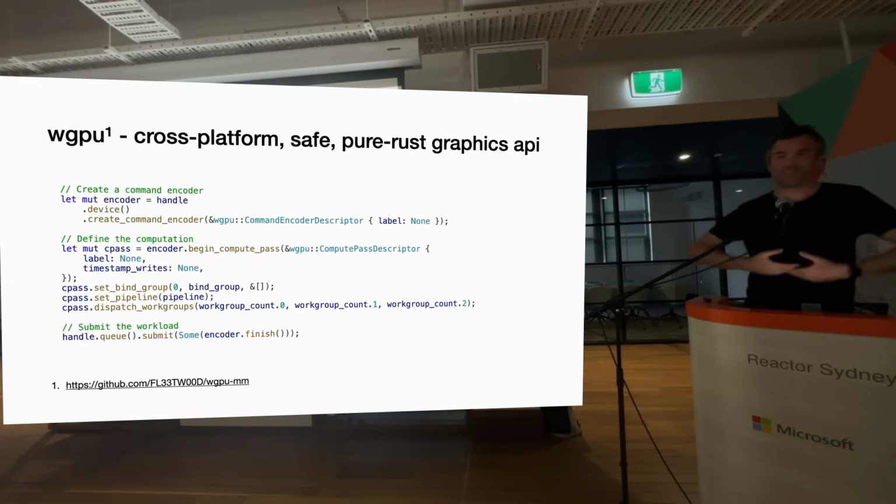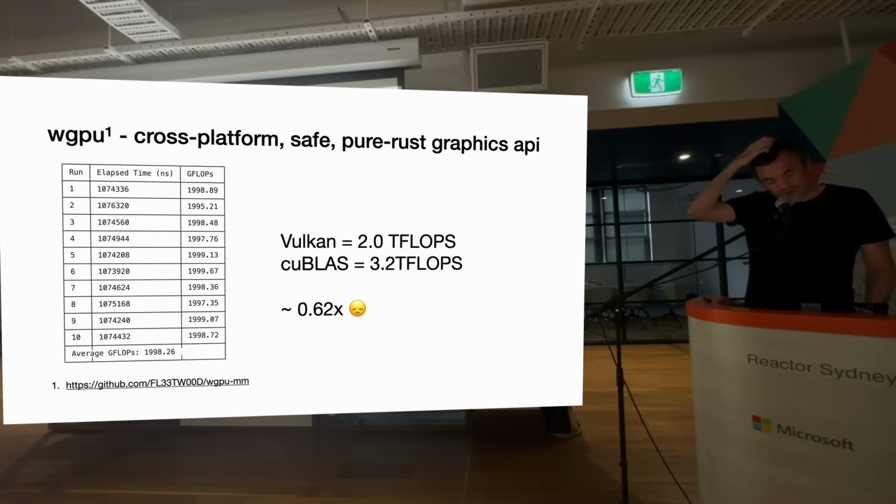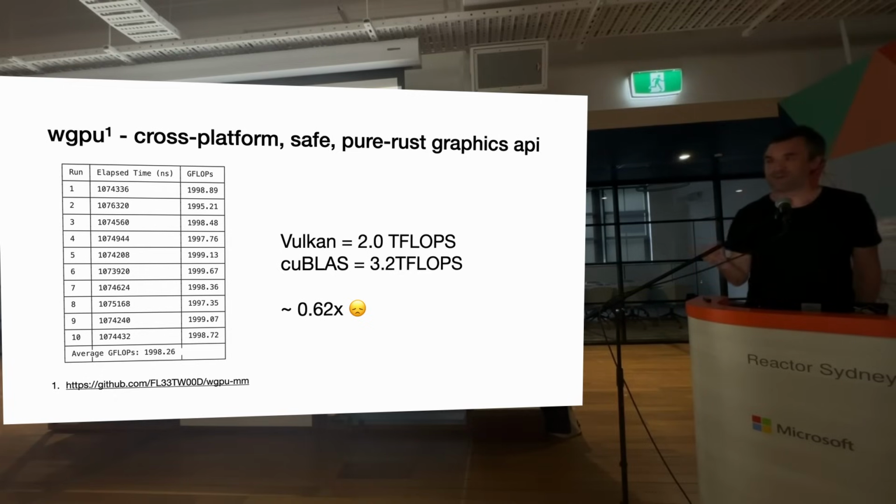And you have to go through everything. You define an encoder, and you're building up a pipeline that you then send to the GPU to run. And this is all just to get this kernel started, and we haven't even looked at how you get the data into the kernel, which itself is quite a bit of work. But go and have a look at the repo. He's collected all of these kernels from everywhere he can get them and converted them into WGSL. This one is the best one he's found so far. It came from TensorFlow.js, and I don't know who wrote that. They're sitting at about 2 teraflops, which compared to 3.2 teraflops with CUDA is looking kind of bad.